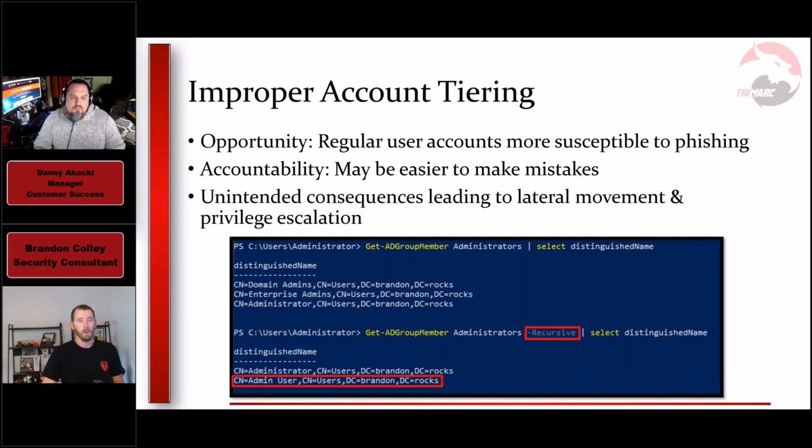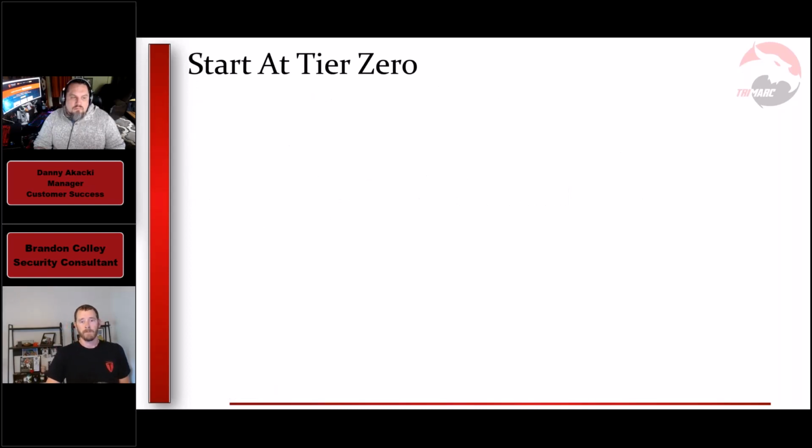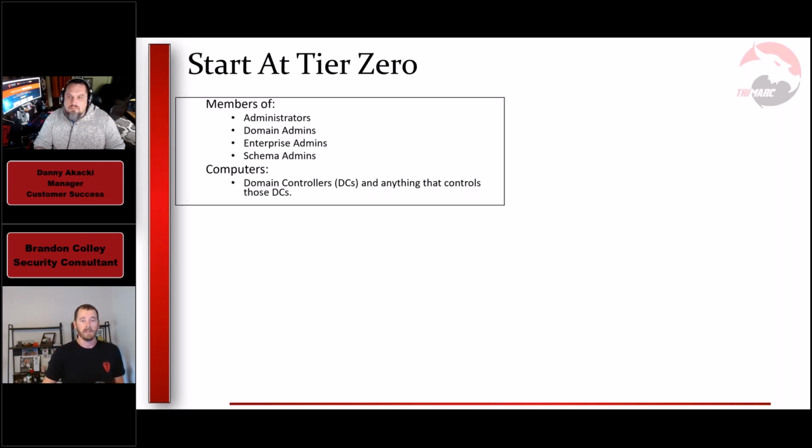And so where do we start? The first step is basically implementing a something is better than nothing idea. And this something is definitely the starting point. So these groups, the administrators, domain admins, enterprise admins, as I mentioned in the previous slide, also adding schema admins to this one. Those are the top tier. They're the zeroest of the tier zero, I guess you can say.